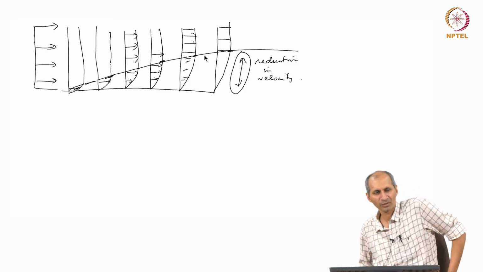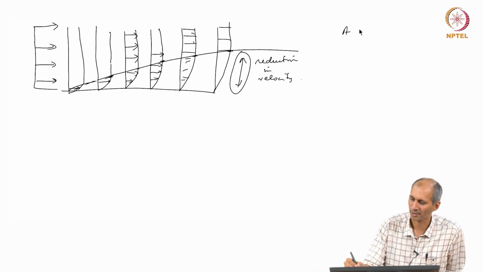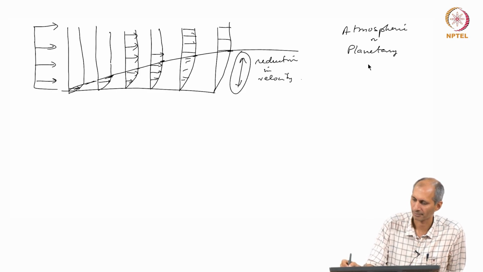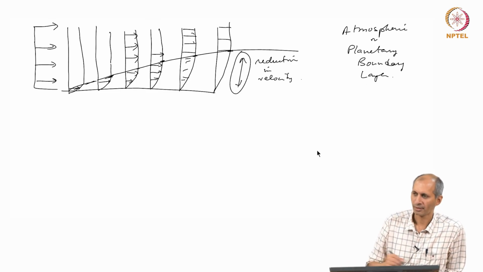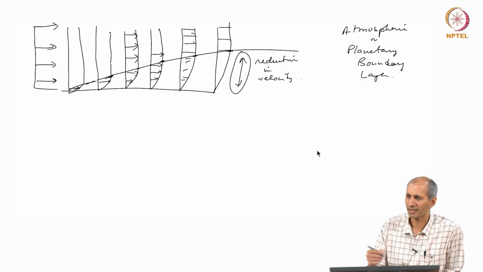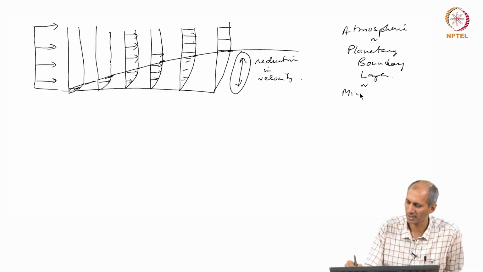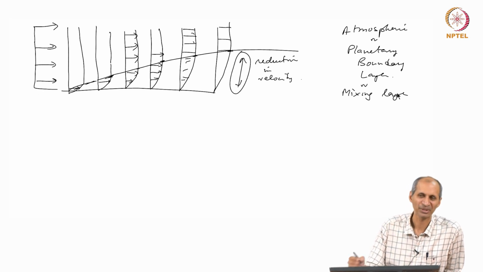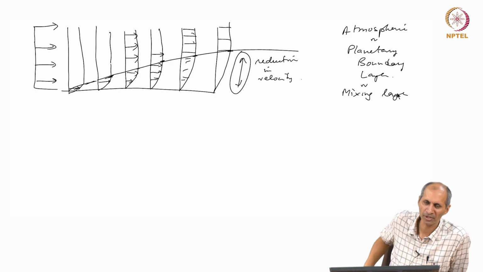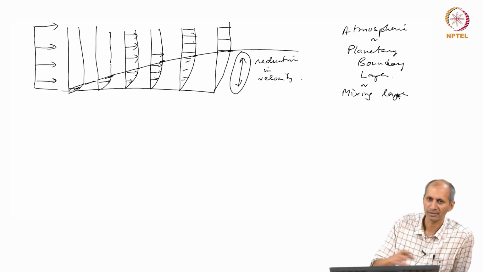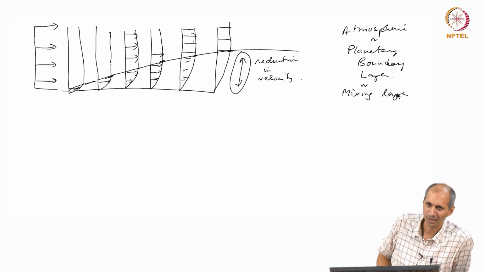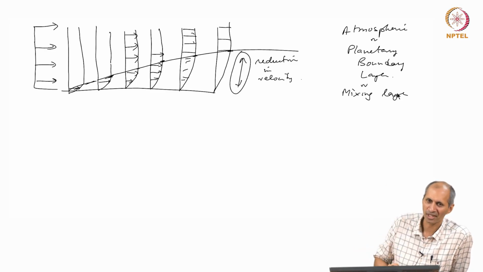But there is a term called the atmospheric or planetary boundary layer. Now, if you look at it, this planetary boundary layer, sometimes people call it a mixing layer and all that. These are not the same kind of definitions. This boundary layer essentially is this boundary layer. This boundary layer thickness should not be very high. But there is another boundary layer which they call a planetary boundary layer, where that is slightly higher,